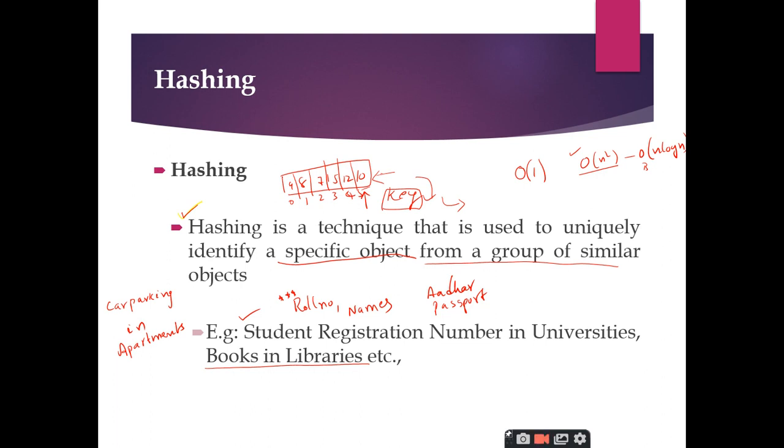Worst case. It is worst case time complexity, right? As you know, the efficiency of the algorithm should always be measured, and it is better to measure it with respect to the worst case analysis only. Worst case analysis is represented by the asymptotic notation called big O notation. So in the search operation, while making use of this hashing technique, the search operation takes big O of 1. May I know the reason why it is big O of 1?